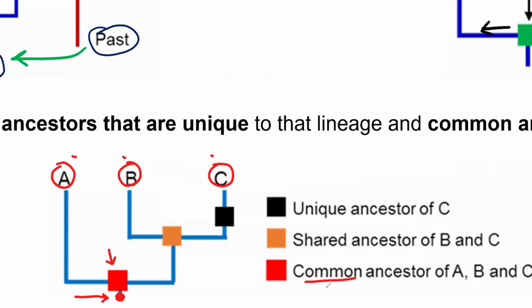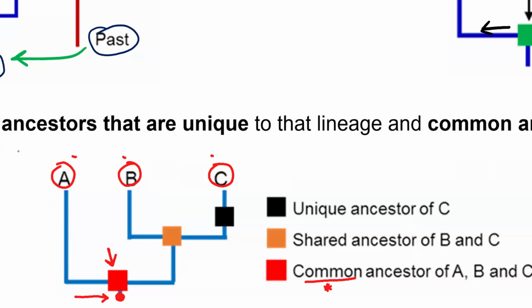When you say it's a common ancestor, it means that it is common for all the organisms in the phylogenetic tree. So all the organisms that you are seeing here in the phylogenetic tree all arose from the red ancestor. A common ancestor is the one from which all the descendants arise. So this common ancestor, as I've already stated, underwent some speciation. This red block is showing a speciation event